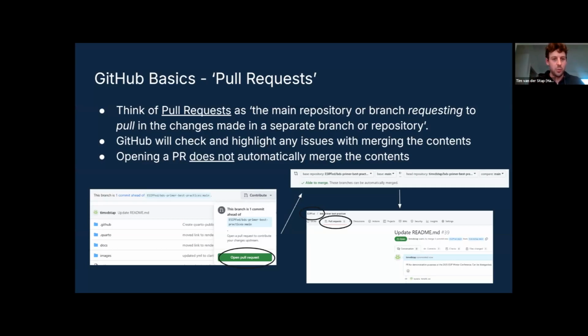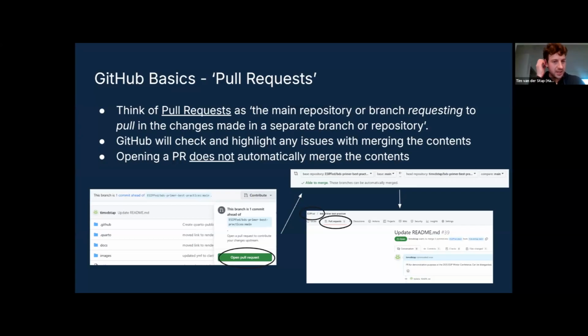You're simply opening up a connection between your branch or your fork and that main repository. There are a couple of really neat features within GitHub, for example GitHub Actions, which I won't dive into, but there are definitely ways in which GitHub will check and highlight any issues whenever you try to merge the contents of the forked repository and the original repository or of specific branches.